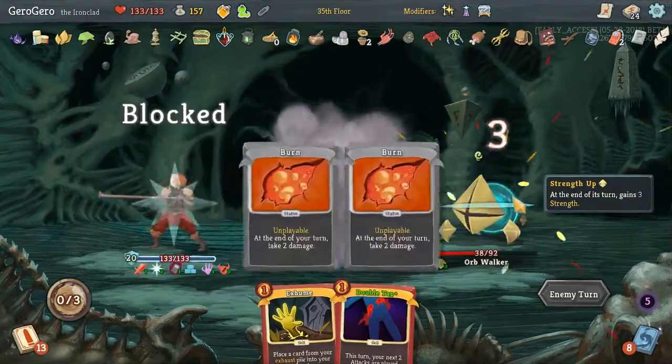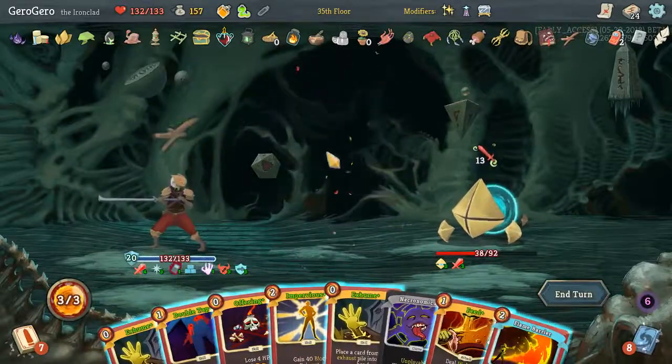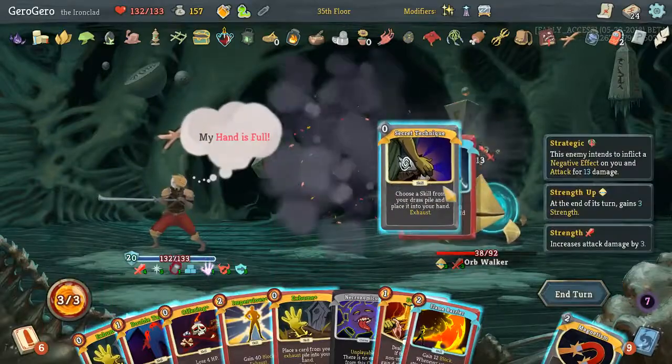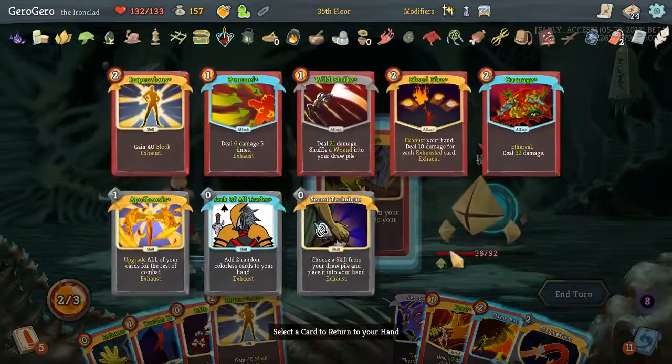So we should perfect this too, I'm pretty sure. But we'll play it safe. We won't say we're definitely going to perfect and then we don't perfect and we look like fools. So I'm going to obviously Offering here. Jack of All Trades here. Secret Technique here. Go get Limit Break. Use Limit Break. Use Exhume to go find...